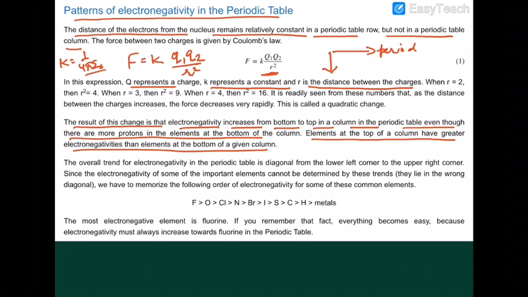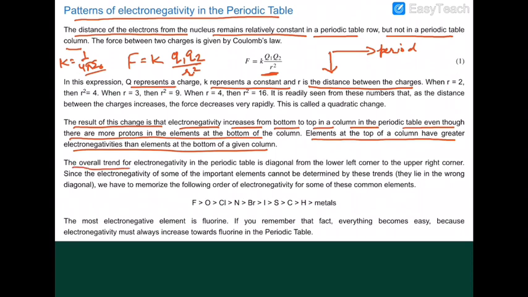That is because as the number of protons in the nucleus increases, the number of electrons in the shells also increases. So what happens? The valence electrons experience more repulsion from the inner electrons. Okay, so you have to keep that in mind also. The overall, I am repeating once more, as we move down the group, electronegativity decreases.